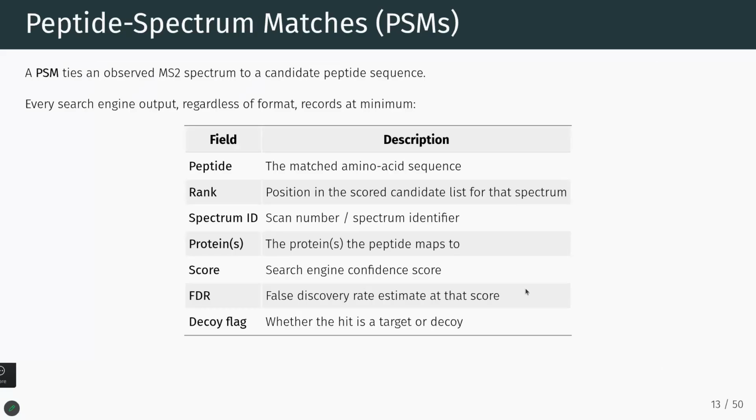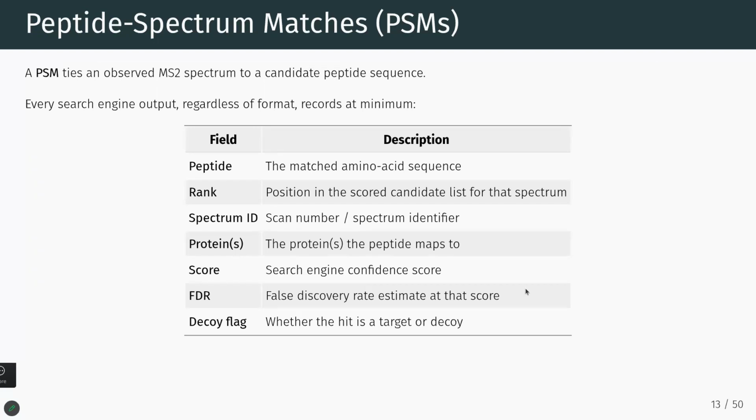And so any of these three methods generates a peptide spectrum match, a PSM. A PSM ties an observed MS2 spectrum with a candidate peptide sequence. We're never really sure which peptide was really present in your sample, which is why it is a candidate peptide sequence. And you'll see how we have an idea of the confidence we have in these identifications through the false